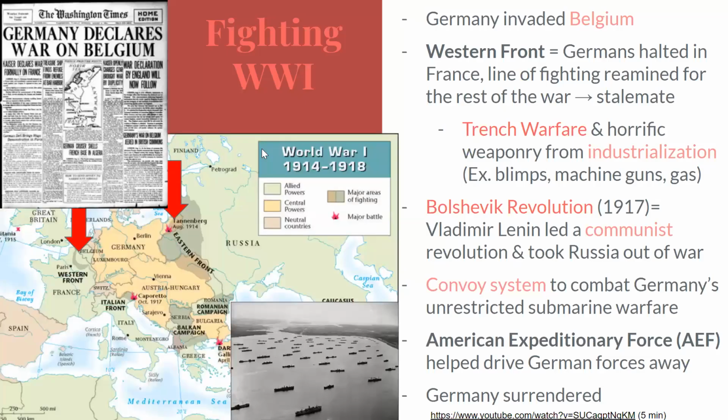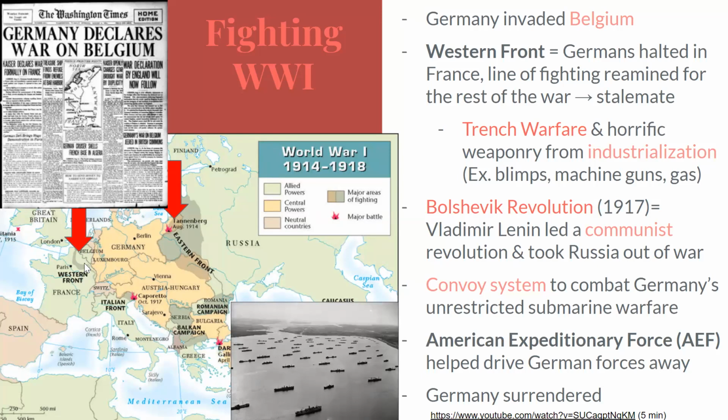So what is that? The first aggressive action of the war was when Germany invaded Belgium. They plowed through Belgium over here, which was a neutral nation at the time, to catch France by surprise and not just go through France where it bordered Germany. And once they were halted by French forces right here, that became known as the Western Front, meaning a front as an area of fighting. And it became a front because it just stalemated. There were no real gains or losses. And for 3 years, both sides just